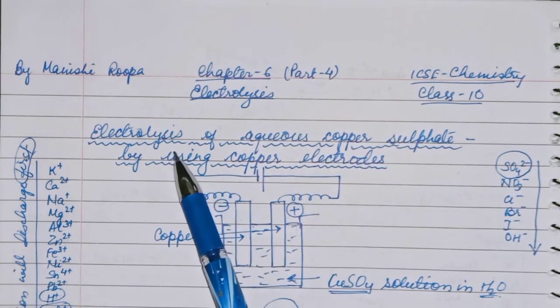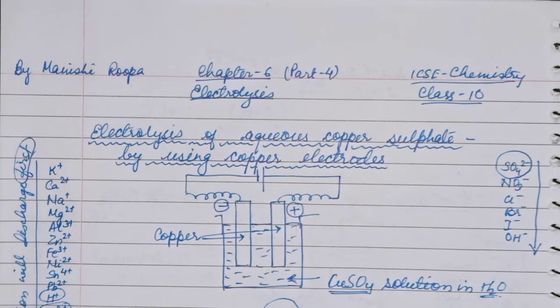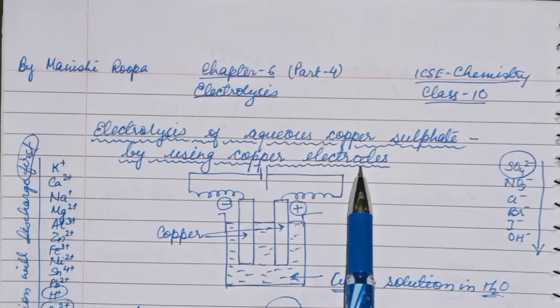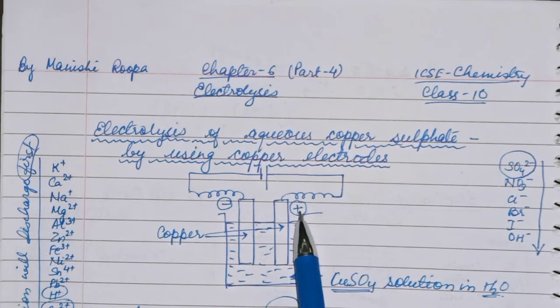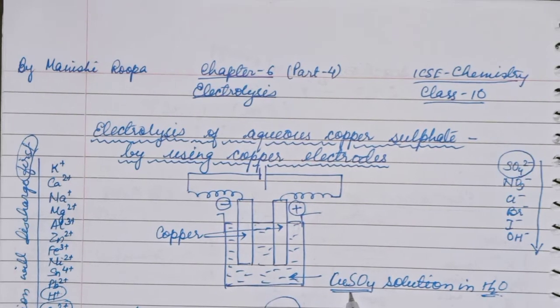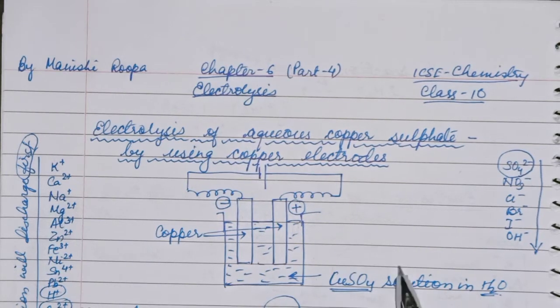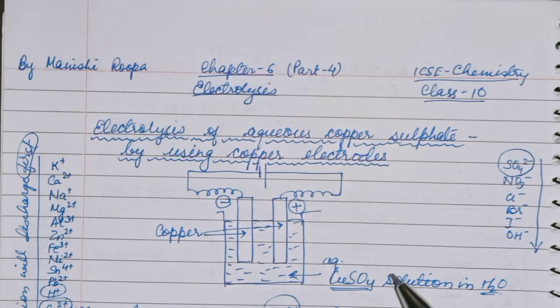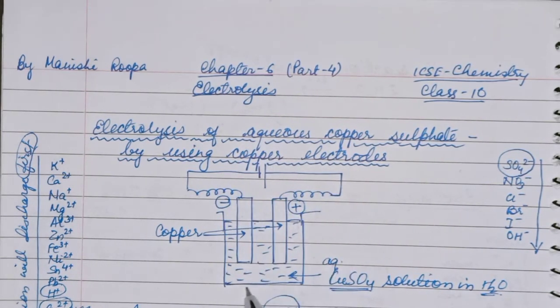In the previous chapter we did electrolysis of aqueous copper sulphate using a platinum electrode. Here we are taking a copper electrode. That means the cathode and anode are both made of copper. The electrolyte we are using is copper sulphate solution in water, or you can write aqueous copper sulphate solution. When current is passed through this circuit, copper sulphate will dissociate into